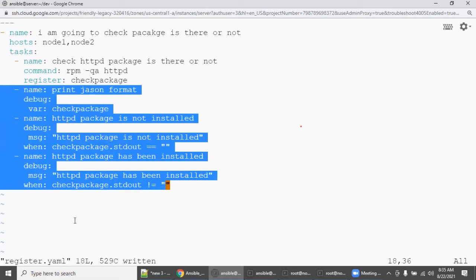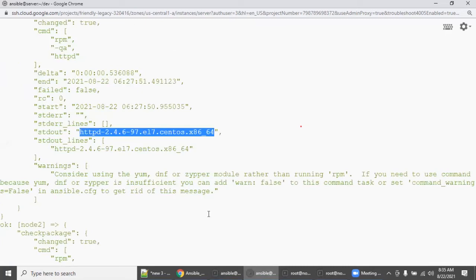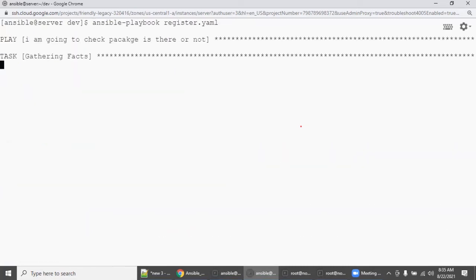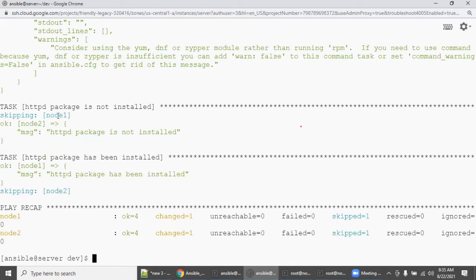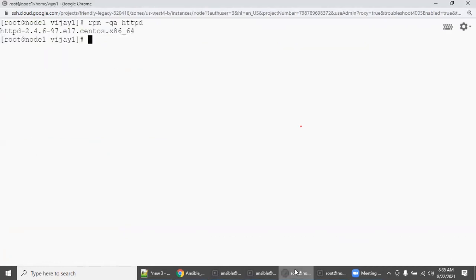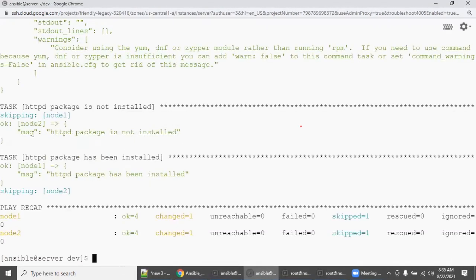So go here, I'm going to clear my screen. I am executing this Ansible playbook register.yaml. See here, one machine, node 1. We know node 1 is installed, and the other node is not installed, so that is skipping.